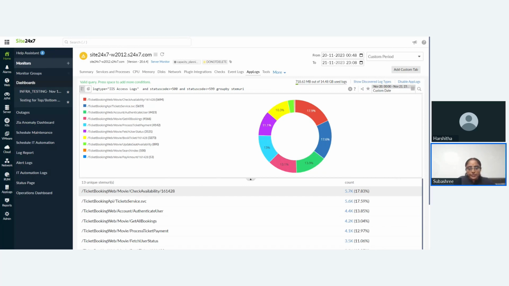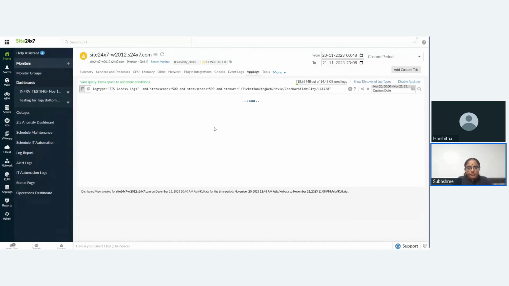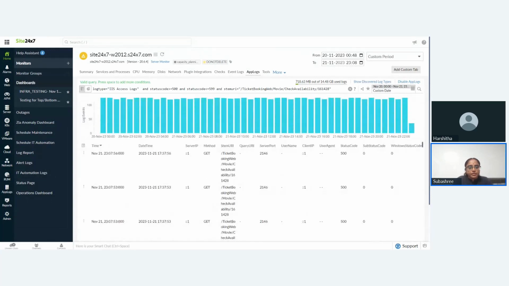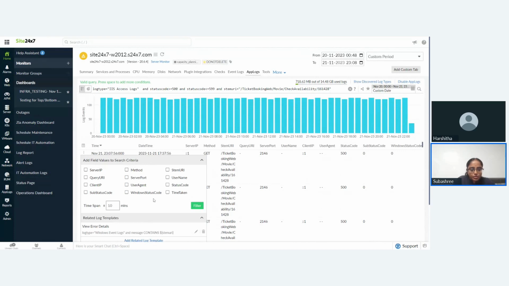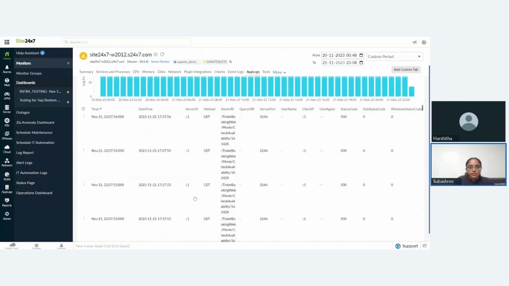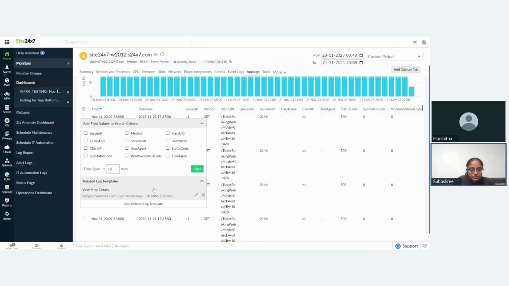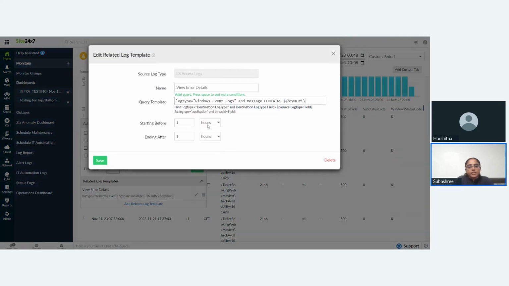resource. So to look further, I'm clicking the count of check availability here. So here we have a useful feature called related log templates. Yes. So often troubleshooting real-time application issues involves comparing logs from different sources. However, opening multiple tabs for each log type and tracing the exact line of an issue requires a lot of manual work. This is where the related log template feature comes in handy, where you can compare multiple fields in